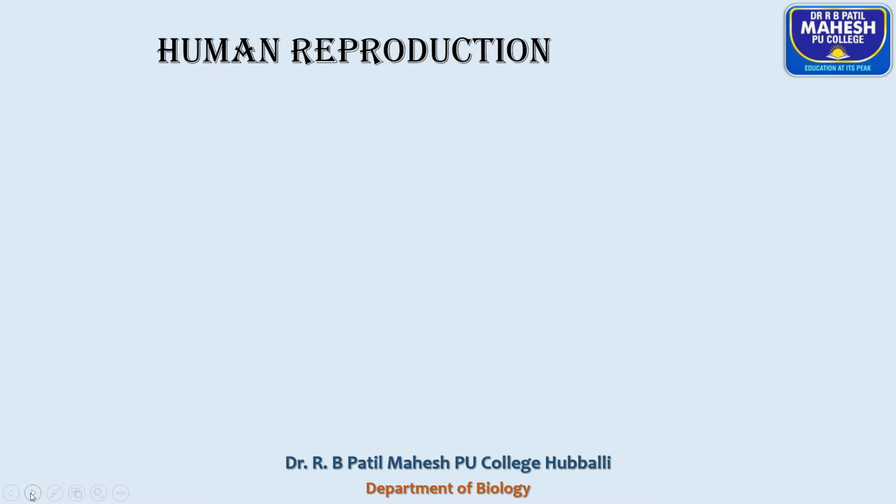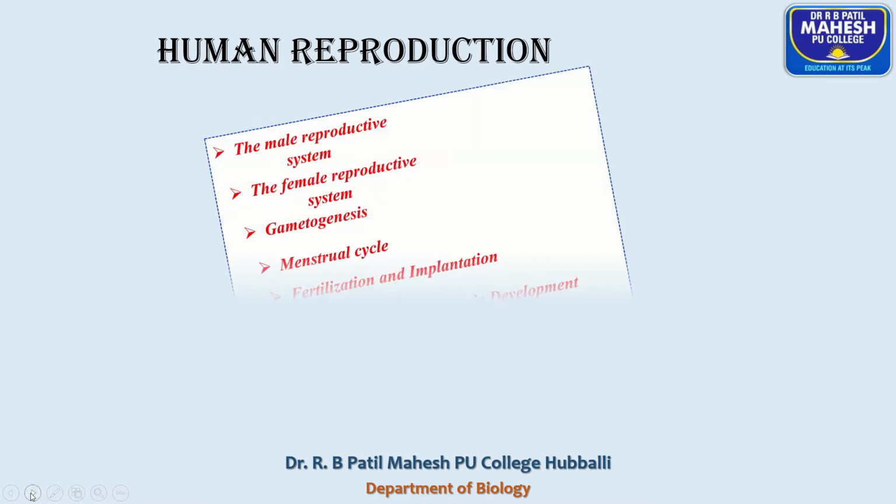And you remember one thing, the animals are broadly classified into three categories: oviparous animals, viviparous animals, ovoviviparous animals. You already know the difference between oviparous and viviparous. The egg-laying animals are called oviparous. The animals which give birth to the young ones are called viviparous. When you talk about human beings, they are sexually reproducing organisms and viviparous.